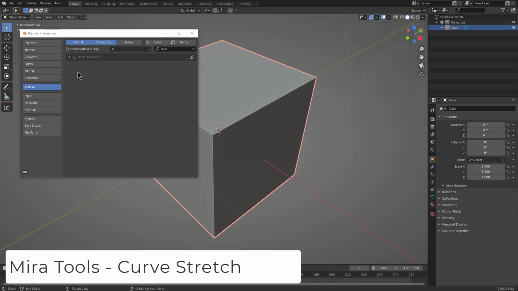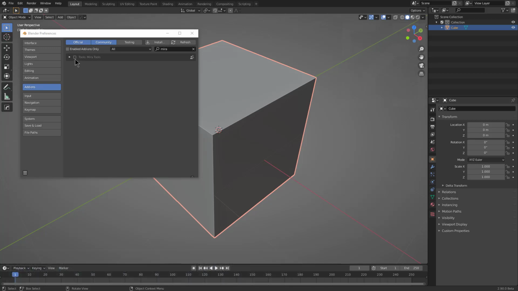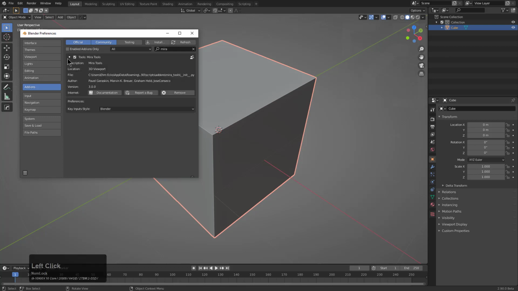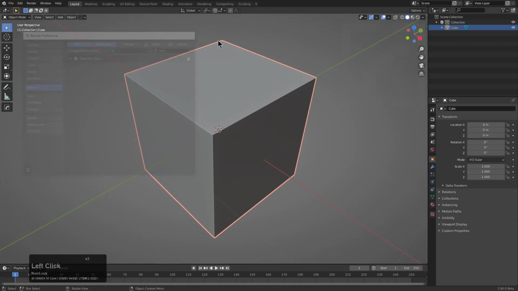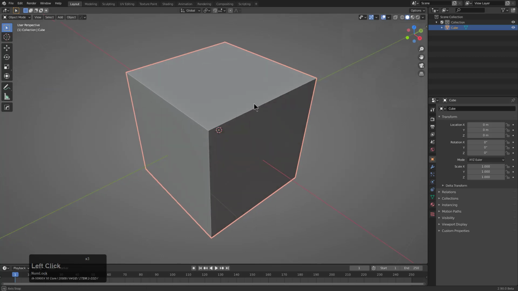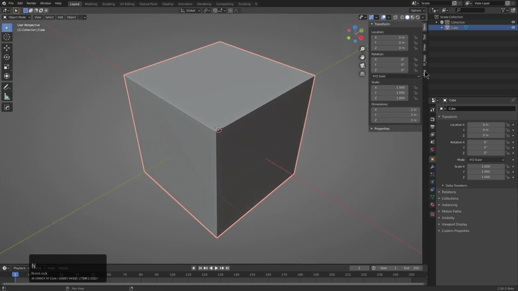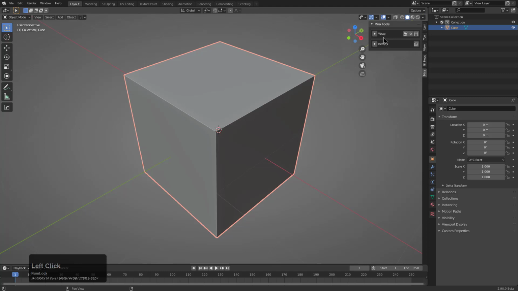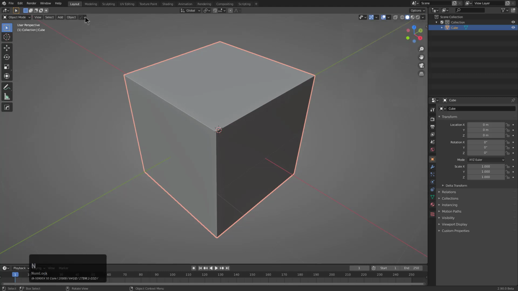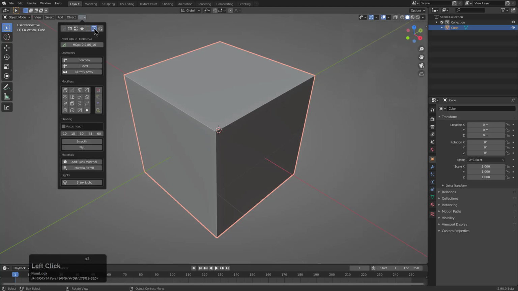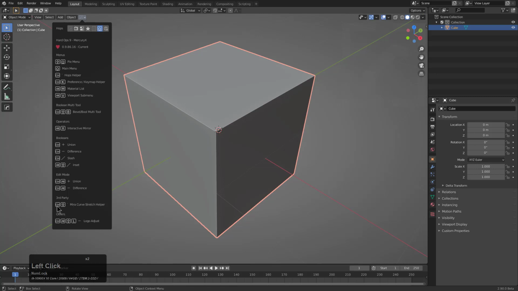So one of the first tools I want to discuss our third-party support for is something called Mira Tools. Once it's enabled and you possibly restart HOps or restart Blender, you will then have support for Mira Tools. And you'll have an option in the end panel for using the dedicated features of Mira Tools. But also under the key map area, you'll see that it will mention under third party the Control-Shift-tilde for the